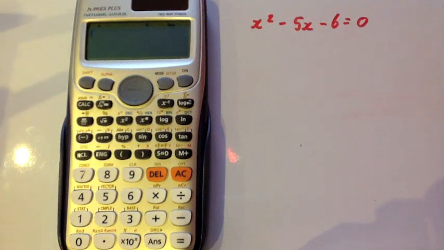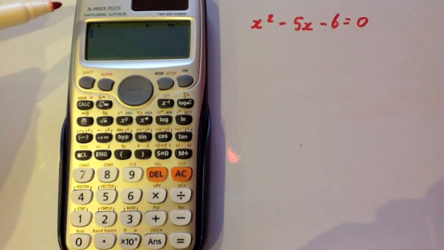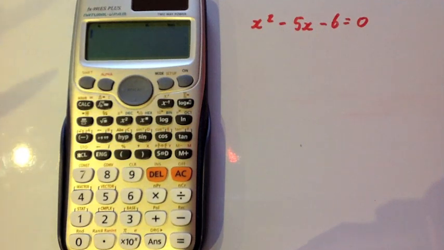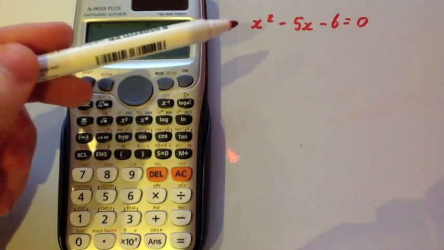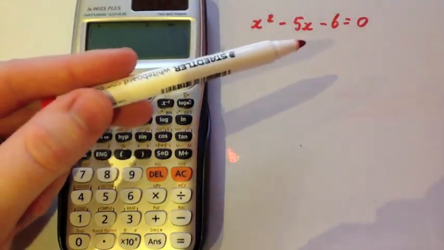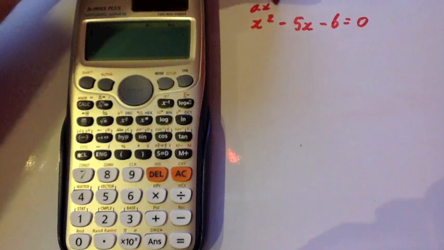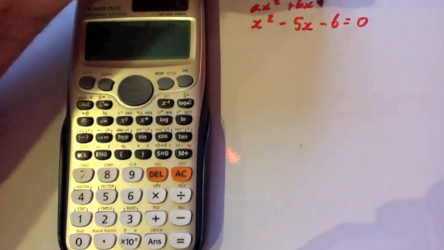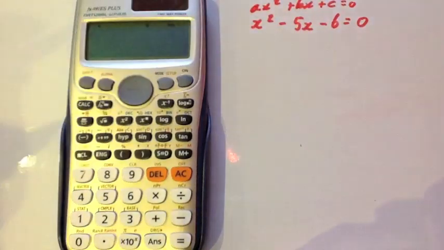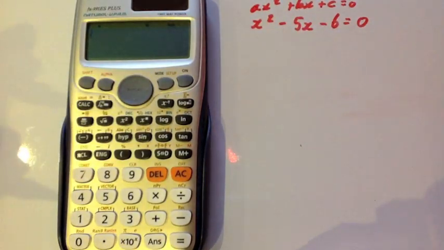In this video I'm going to show you how to use the Casio fx-991ES model to solve quadratic equations. So quadratics in the form of ax squared plus bx plus c equals 0. So anything in the format ax squared plus bx plus c equals 0. Okay. Now obviously you will need to know how to factorize or how to use the quadratic formula yourself, or